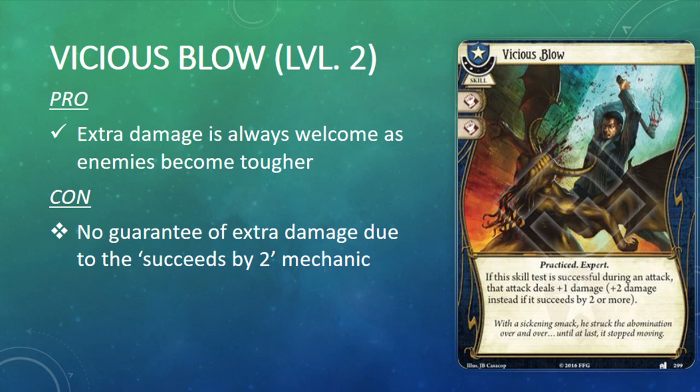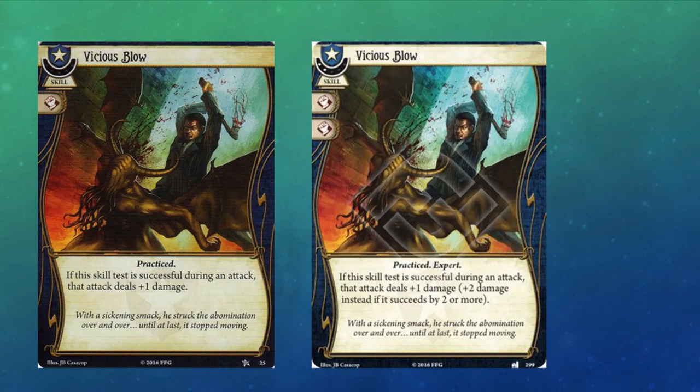Now, all of the class skill cards from the core set have received upgrades during the Dunwich Legacy cycle, and the Guardians finally get theirs in Lost in Time and Space. Vicious Blow is played in virtually every Roland and Zoe deck, as well as many Skids decks. Some of the Dunwich investigators even take it to shore up their damage output, which is a testament to the